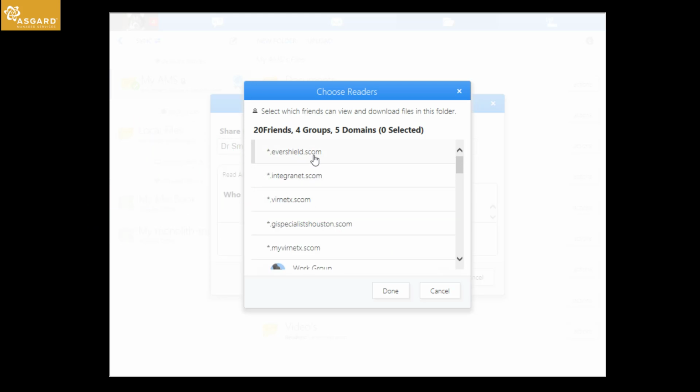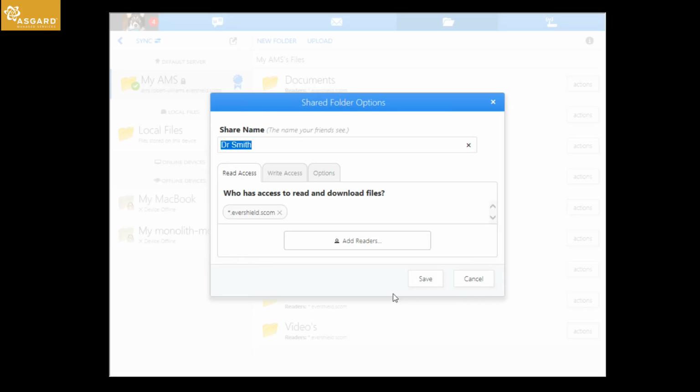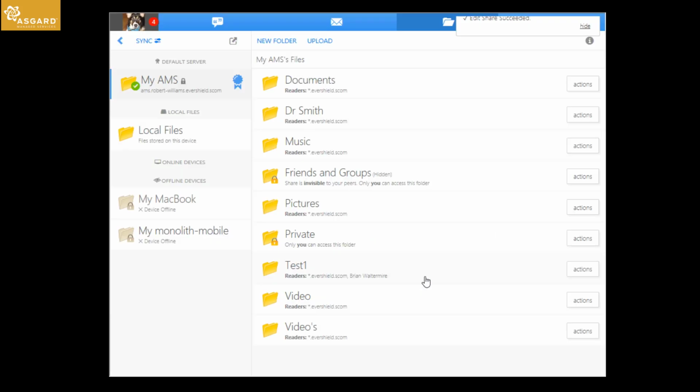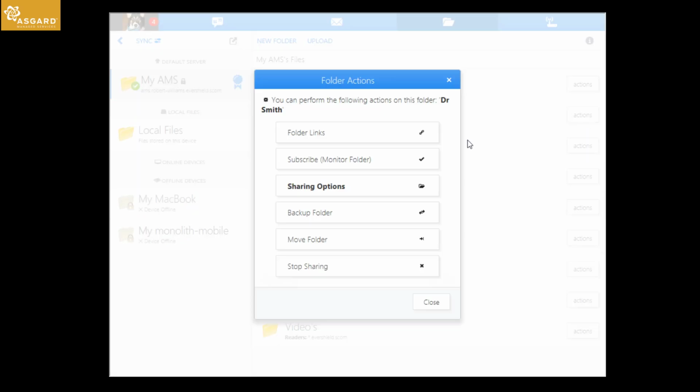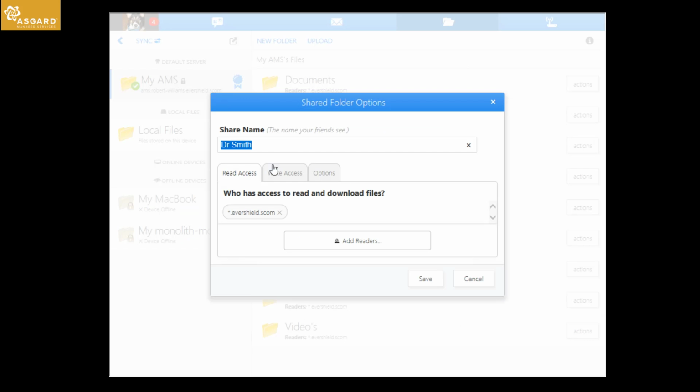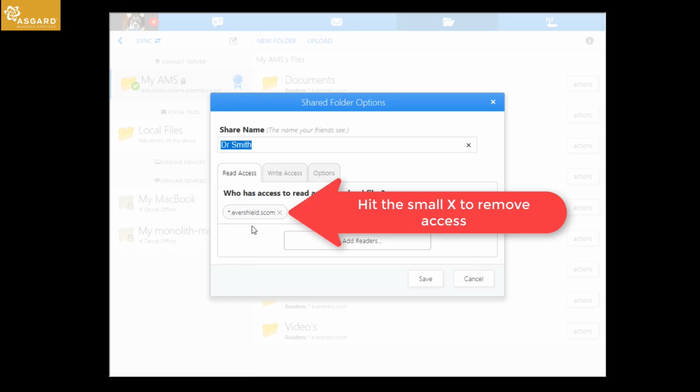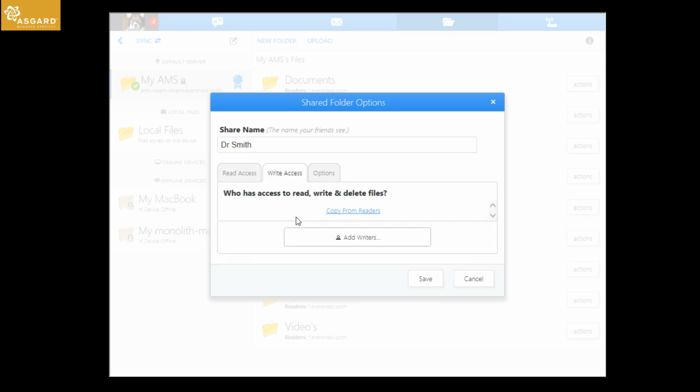For this demonstration, we'll just pick the evershield.scom and hit Done. Now you can see it is populated into the full file area, and now underneath the folder it says Readers, the asterisk evershield.scom. To change if people can write into it, it's the similar path. Hit the Actions button and then go to the Sharing options. Under Read Access,